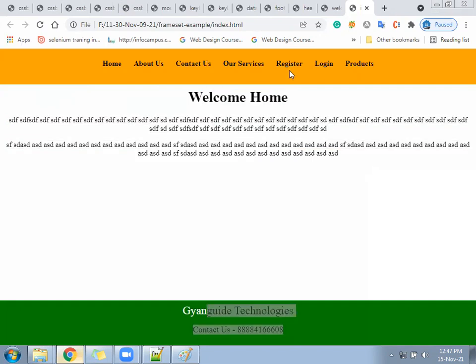User interaction will happen under block 1 and we'll say target equal to block 2. When we click here, we'll say target equal to block 2. Everywhere we click we'll say target equal to block 2. The page will load, no problem. HREF will remain the same, target will remain the same, but the target is block 2 everywhere. So whichever hyperlink you click, the page will load and it will start searching in the current document for block 2. Wherever block 2 is, there the HTML page will appear.